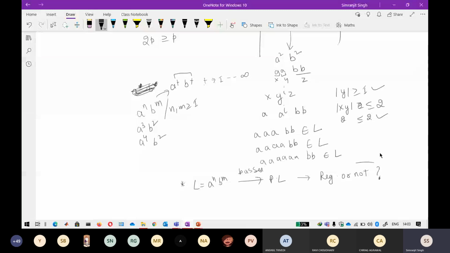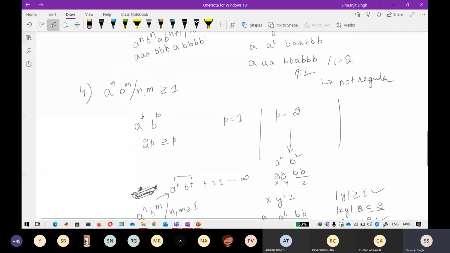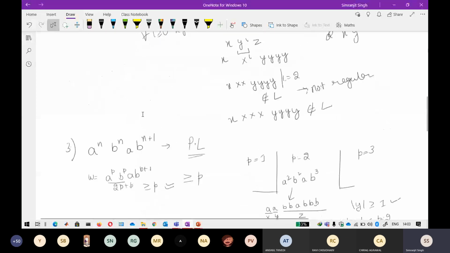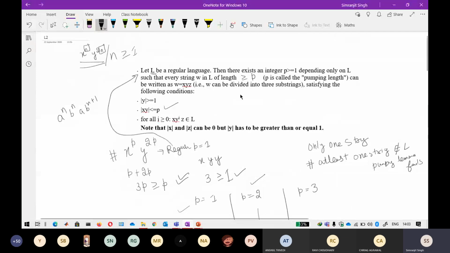So that is why I have taken some time to tell you about the informal ways to recognize whether a particular language is regular or not. Okay, so that is why I have done this. In the same way, the pumping lemma is very easy. It is not very difficult, just because there are so many variables here, like p here, and then l here, then w here, then x here, then y here, then z here, then there is an i. Because of these variables, people get confused about what pumping lemma is, but absolutely it is very easy.